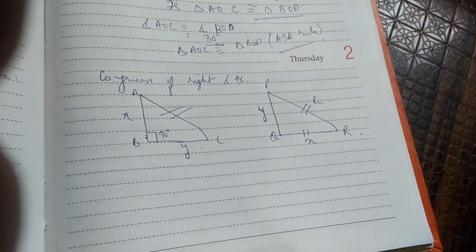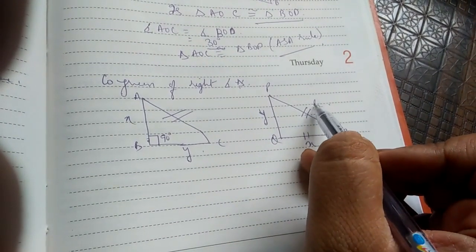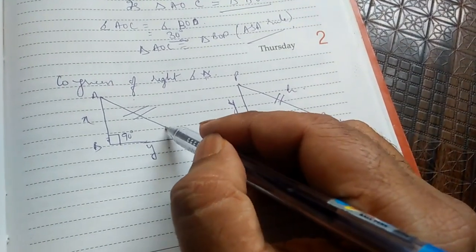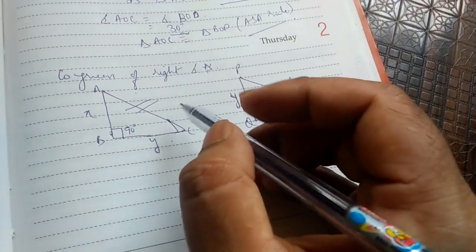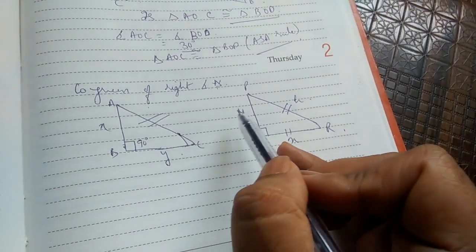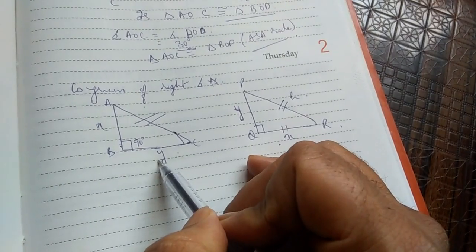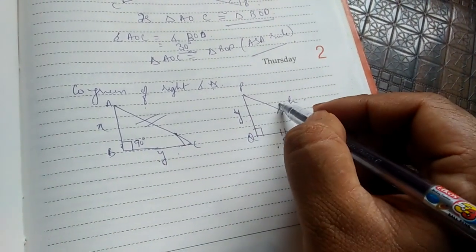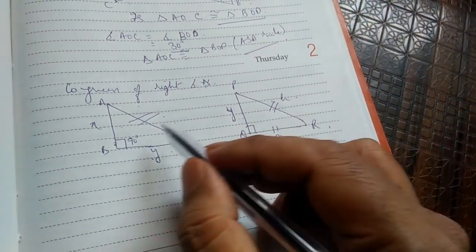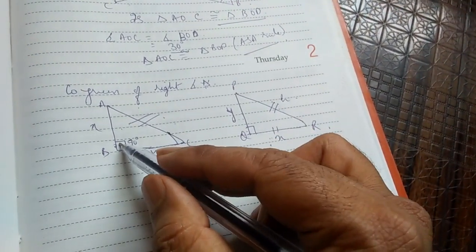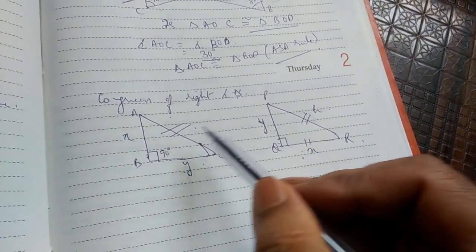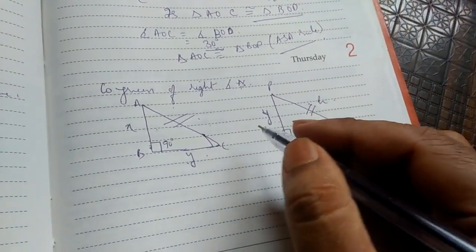That means that with this particular hypotenuse, this is the perpendicular. Let's extend it. This is the hypotenuse, this is same, this is x, then this side has to be equal to y. So if we can prove that the hypotenuse is the same and one of the sides is the same, and one of the angles is 90 degree, this is the RHS congruence, we can say that these two triangles are congruent. Then we can find the corresponding sides and corresponding angles.